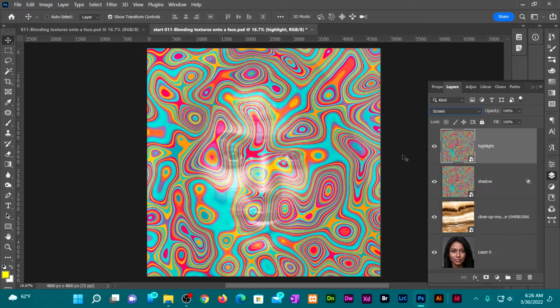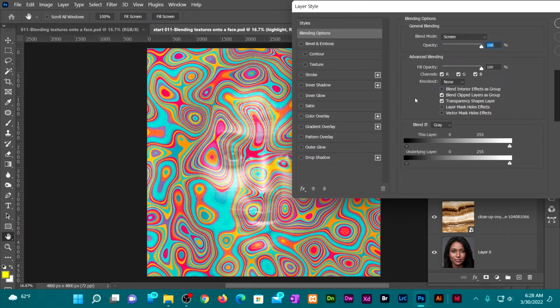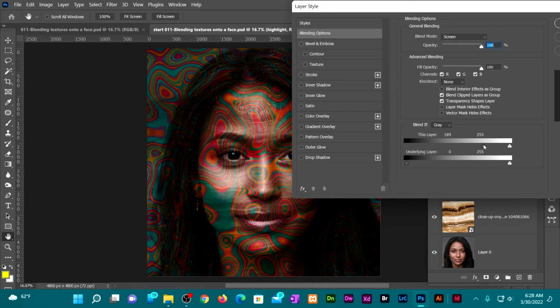That also overwhelms our image. Double click on the right side of the highlight layer. Let us exclude some shadows from the active layer. Drag the shadow bar to 190. Anything with a luminance of 190 or darker turns transparent. Anything lighter stays opaque. Hold Alt and drag the bar to the left to give us a soft transition